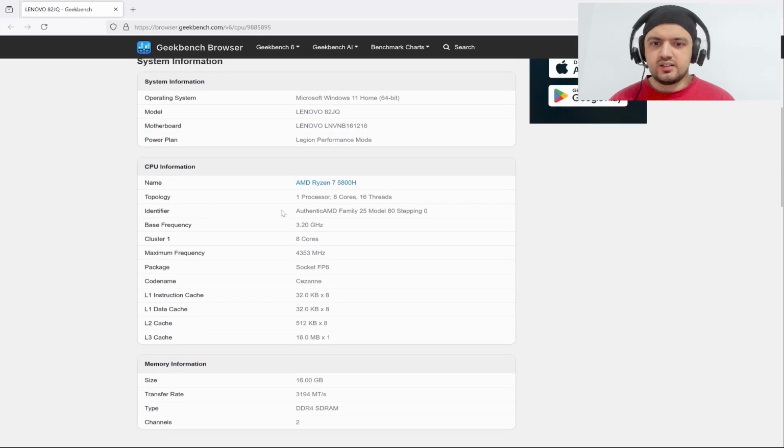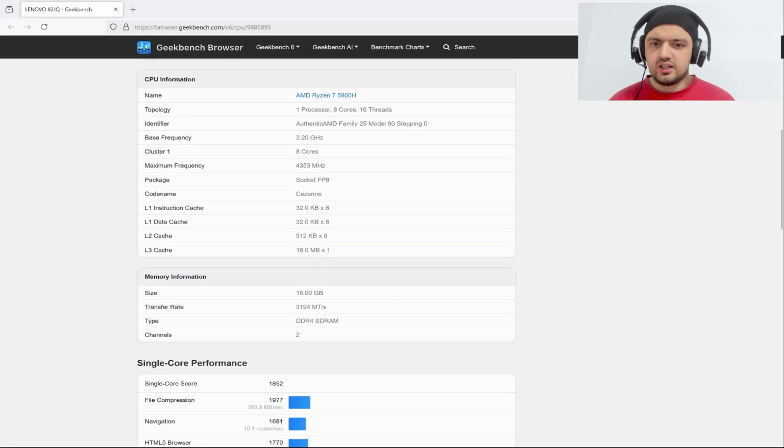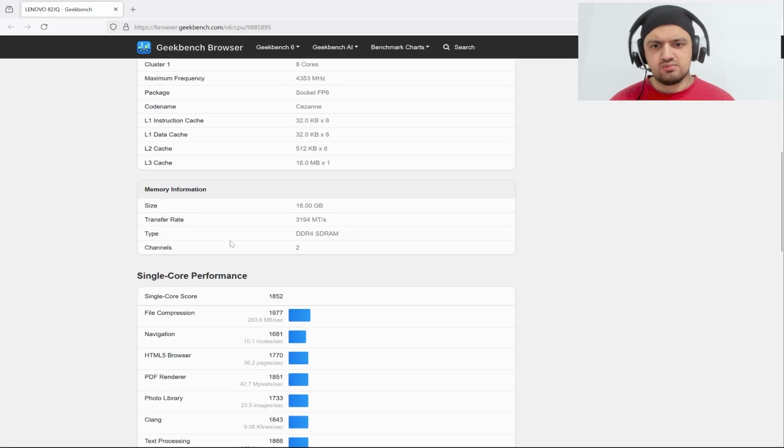So yeah, we have the identifier, we have 8 cores, and it says exactly 4.3 gigahertz. And yeah, we have an L3 cache of 16 megabytes, which is not that bad. And yeah, it's also our memory. Our memory is 3200 mega transfers, and we are only using like 3194, which is, I guess, sometimes you get